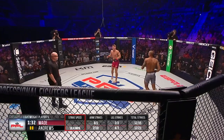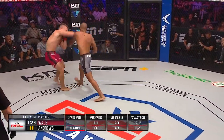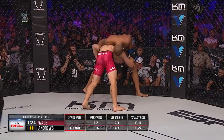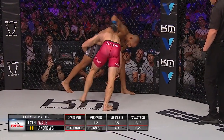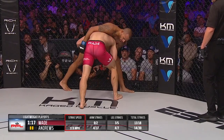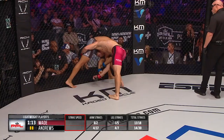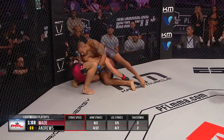Now, Andrews has got to get back to his technique. He's getting a little wild looking for the big shot. There's a shovel uppercut attempted. Nice slips by Chris Wade. Wade does what he needs to, gets underneath that offense and back to a takedown attempt against the cage. And that's a little bit of inexperience fighting on the big stage. He's getting wild looking for the big shot out of frustration, and Wade is able to get into position to